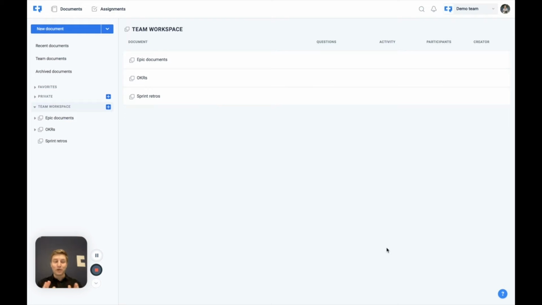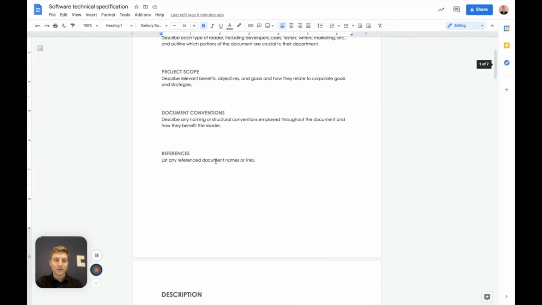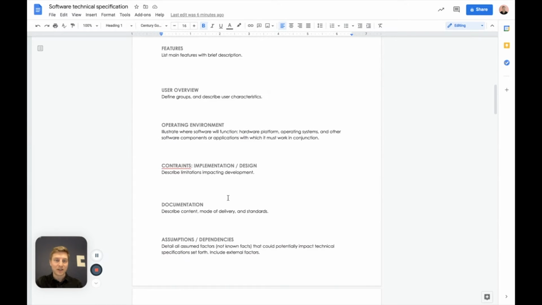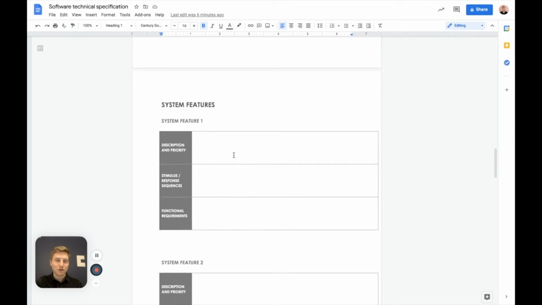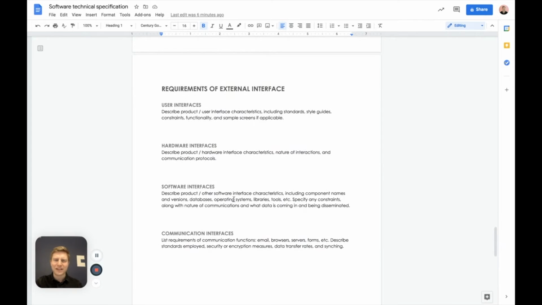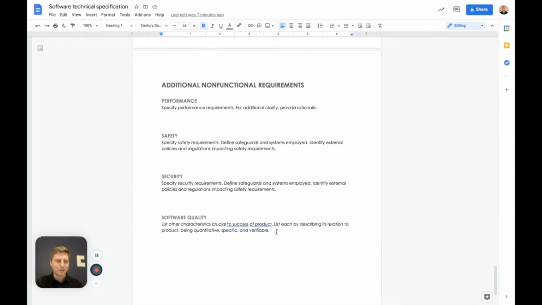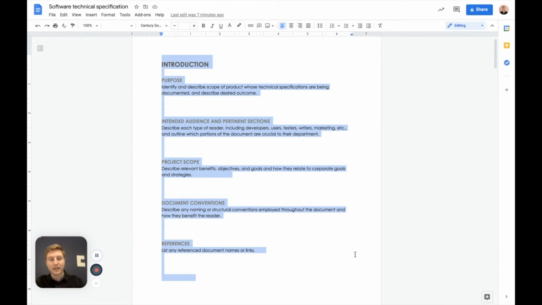I have already Googled a specification document and found a rather complex document. So this is a template that I found. It has an introduction section with some subsections. It has a description section, and then it has some system features with tables and some requirements of external interface. Hopefully none of you guys are using this, by the way. This seems a little bit waterfally, but nonetheless, what I will begin with doing is just selecting it all and